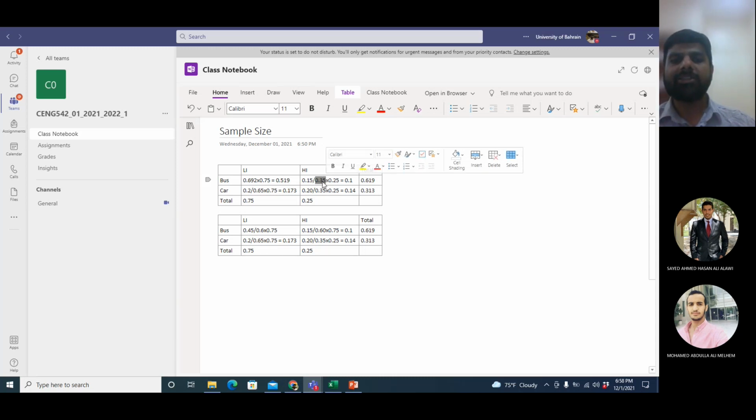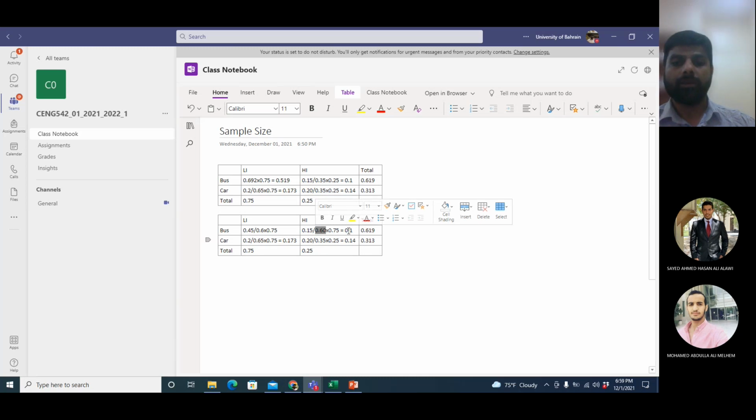So here the condition depended upon his choice. Okay, that he will choose bus provided that he is in a low income group. Okay, so I use a total possibility of being in the low income group or being in the high income group. Here I am saying that he will belong to low income group or high income group provided that he has chosen the bus. So in the denominator I will use the condition which is already provided. Here the condition provided is about his household, low income, high income. Here the condition provided to us is about the mode choice. Okay, so you will use a total of the probability of the mode choice.